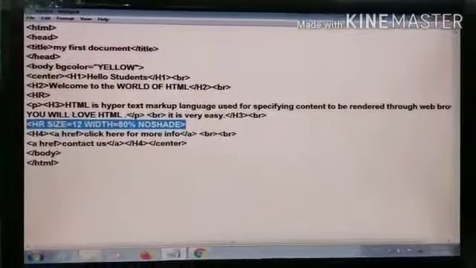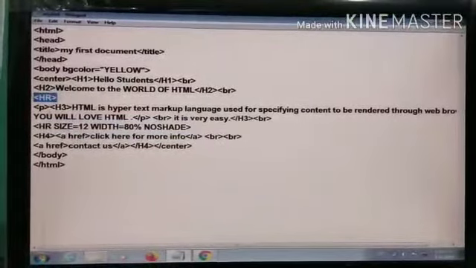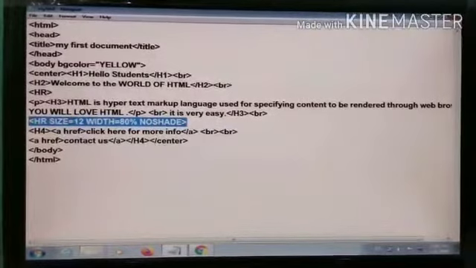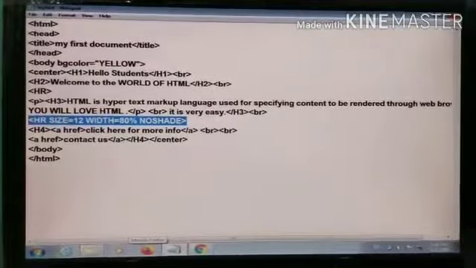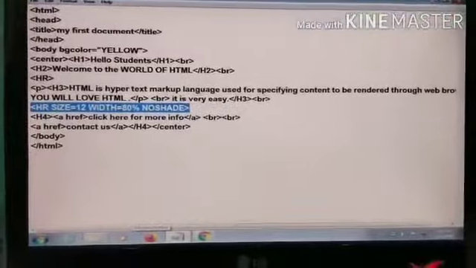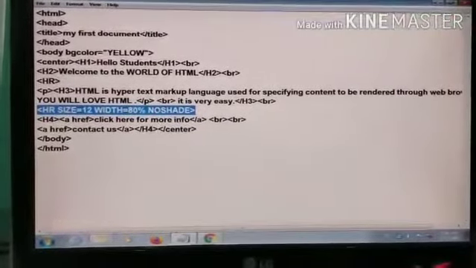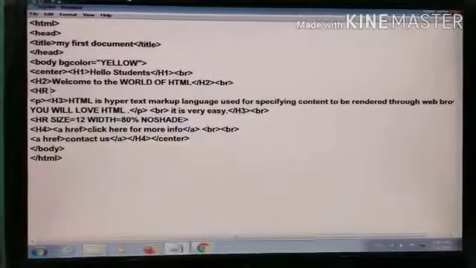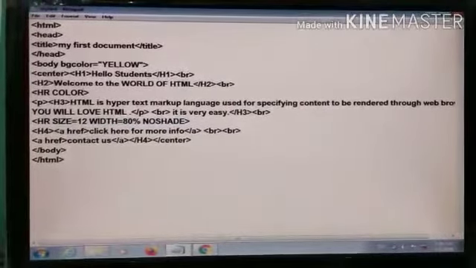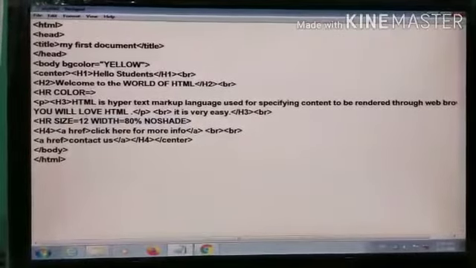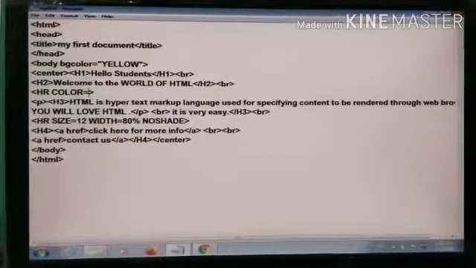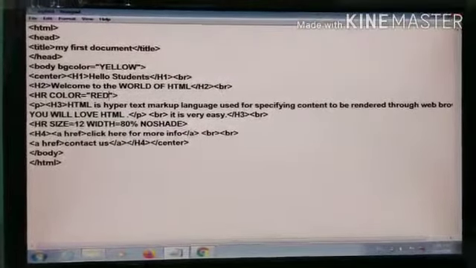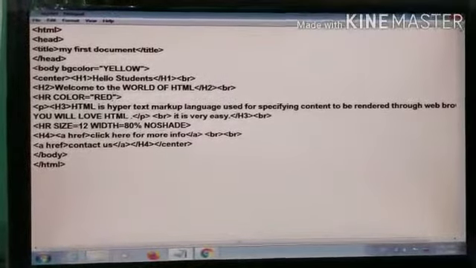Here we have used two HR. This is the HR without any attribute, and here one more HR we have used in this document with some attributes: size, width, and noshade. One more attribute of HR is the color, which we are using here. Any color name you can give, or the color code you can give as its value inside double quotation marks. And suppose we are giving the red color. Now save your file